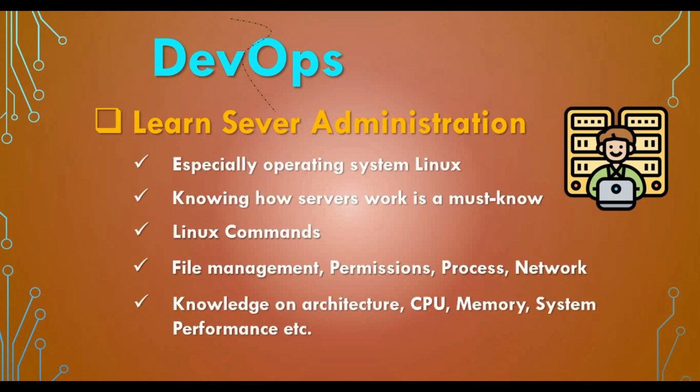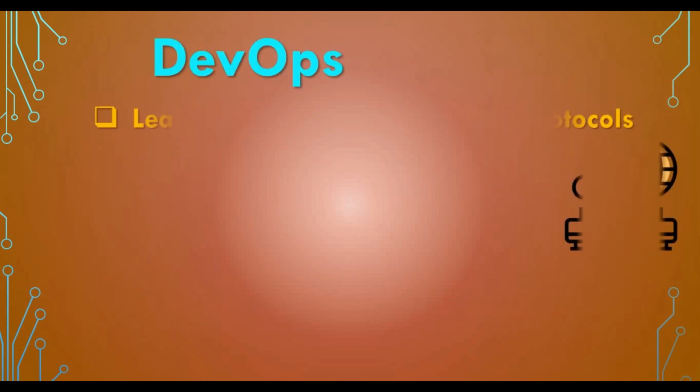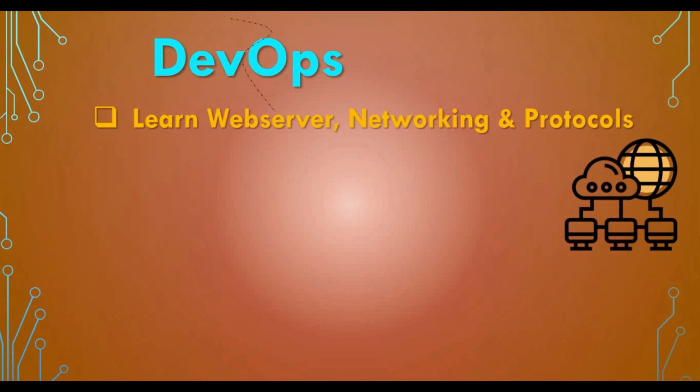So in server administration, you need to specifically focus on the Linux operating system, and you need to have a good understanding of commands, the file system, permissions, processes, the architecture, and all those things, right? And you can move on to the next one if you are already aware of this. So it's not like you need to go in this order itself. If you want to skip something, you can do some other learning which you are interested in. You can go back to the previous one.